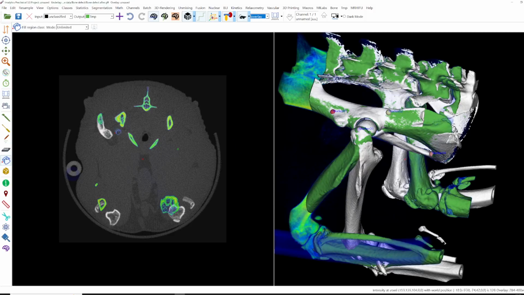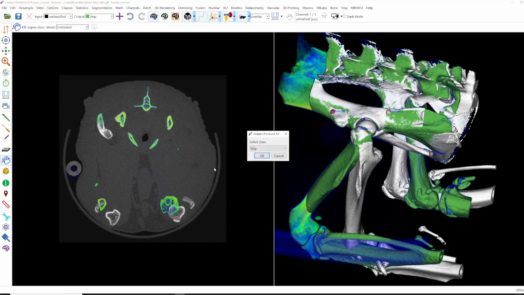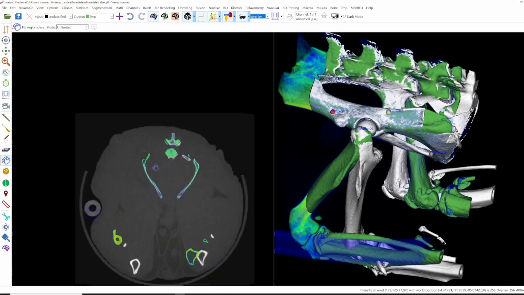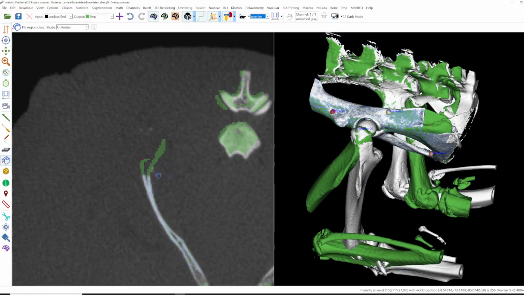And now I will load a single class under File Segmentation, load single class from the left hip. Override all classes. And when I jump here, let me hide the overlay. In green you can see that this part is the removed bone or the missing bone, and it was segmented because we kind of subtracted the old left hip.